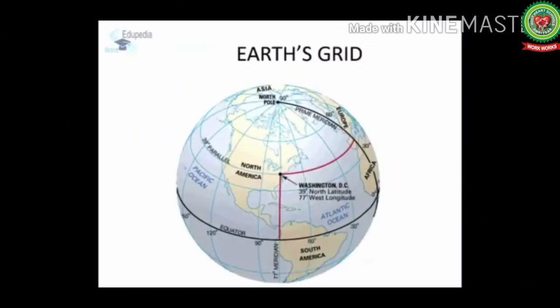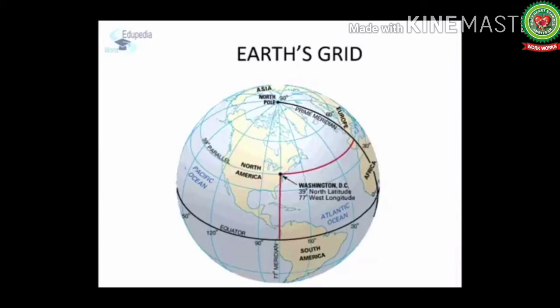Next we are starting up with the topic locating places on the earth. To know the location of any place on the earth, we need to know both the latitudinal and longitudinal extent of a particular place. It is very difficult to find the location of the place with latitudes alone. Both latitude and longitude play an important role here. The grid formed by the intersection of these two lines tells us the exact location of the place.